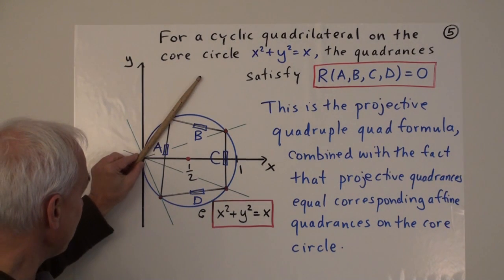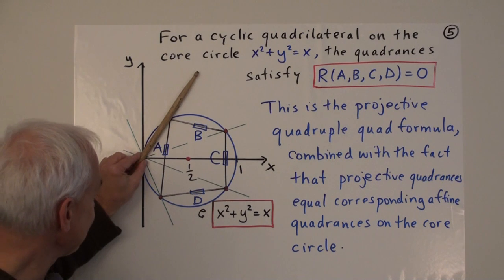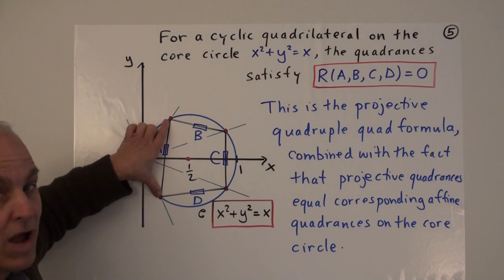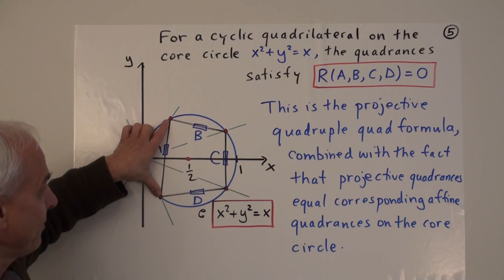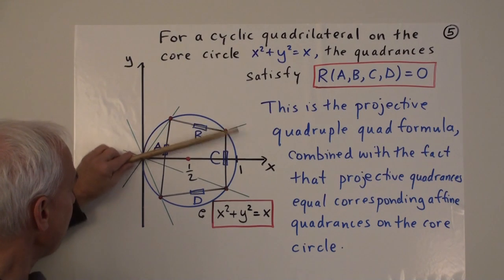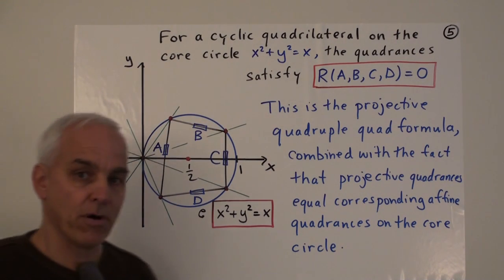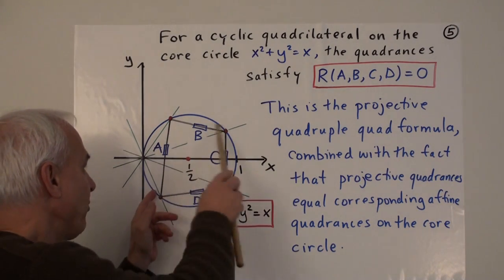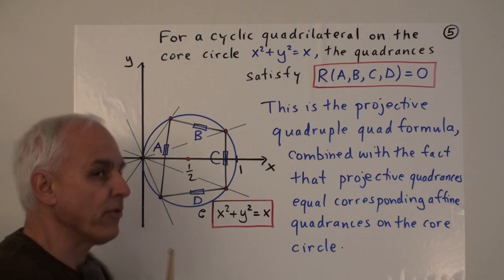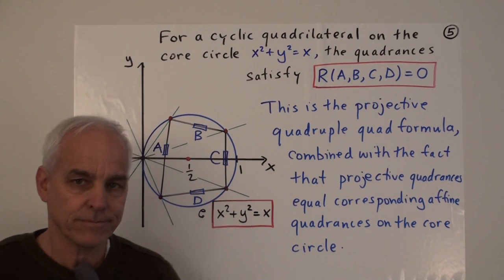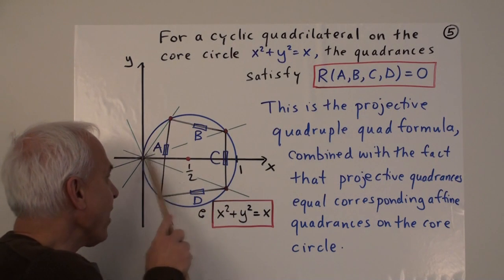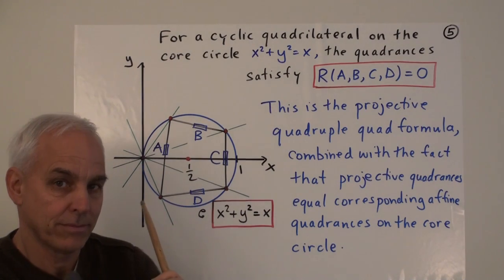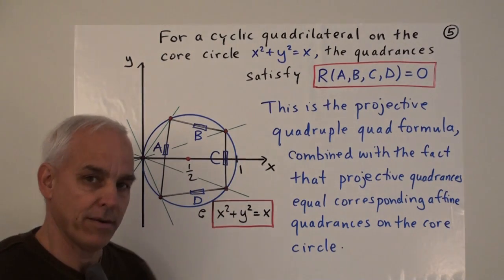So it turned out that the projective quadrance between this projective 1 point and this projective 1 point is the same as this affine quadrance capital A. So it was the relationship between the four projective quadrances of those four projective 1 points that allowed us to conclude that there's this corresponding relation between these four quadrances of this core circle. Now this core circle has a circumquadrance of 1/2 squared, or 1/4. The diameter quadrance is 1.